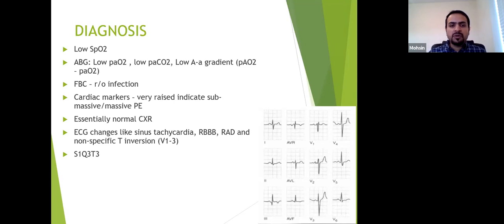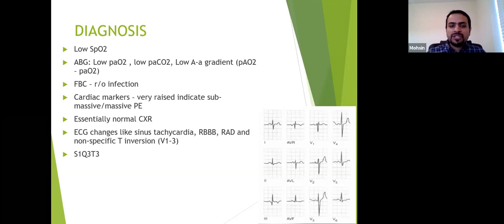If you do normal blood work, it should normally be normal. There are no raised inflammatory markers, because that will help us rule out chest infection. In terms of cardiac markers, they might be raised in a submassive or a massive PE. So it can be a red herring, because if you think about someone with chest pain with raised markers, you might think about unstable angina or NSTEMI. So it is also something to consider that it can be a PE with a big thrombus burden.